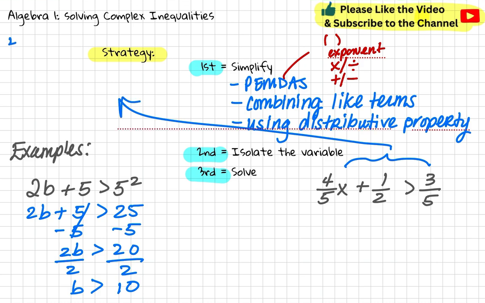So I have 4 over 5, 1/2, and then 3 over 5. I want to find the greatest common denominator, or the least common denominator. And all of these on the left can be made with a denominator of 10. And we have to kind of figure out how we did that. So for 4/5, to get it to 10, we have to multiply the bottom by 2. So we're going to multiply the top by 2. That gives us